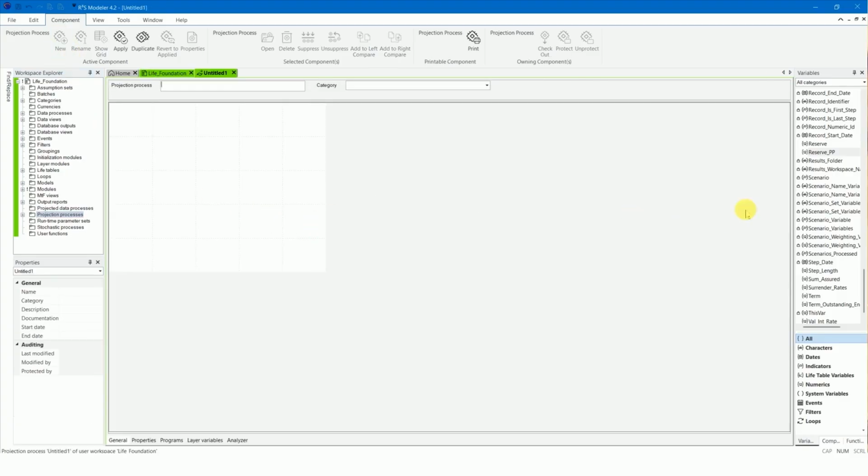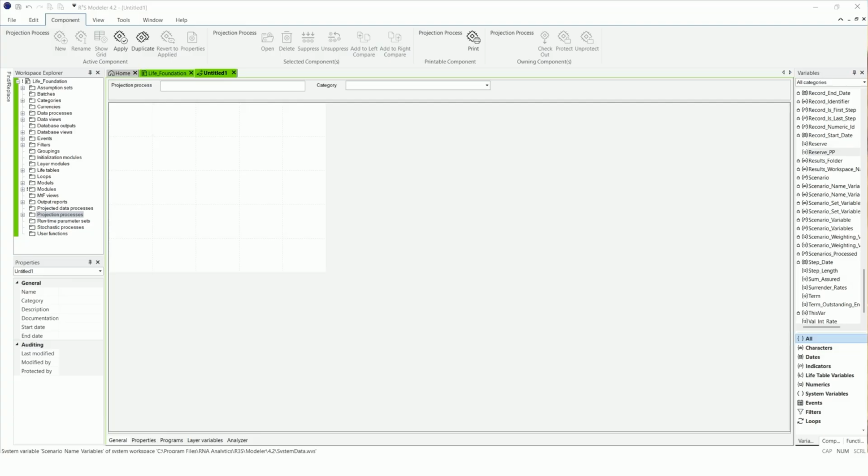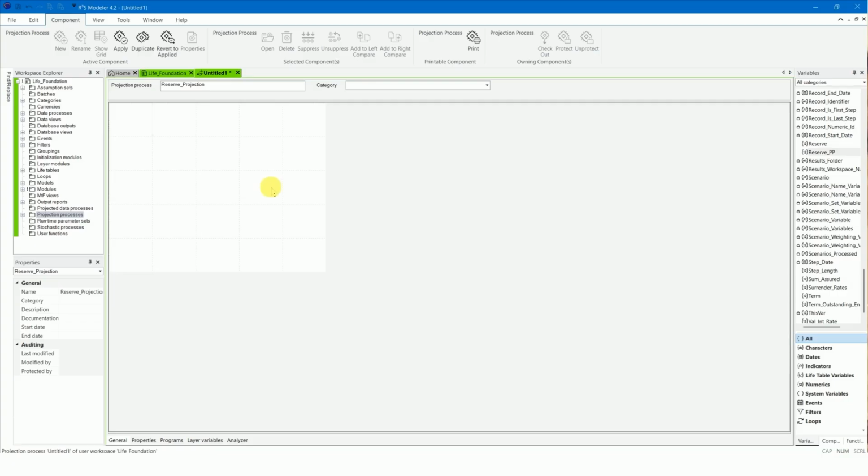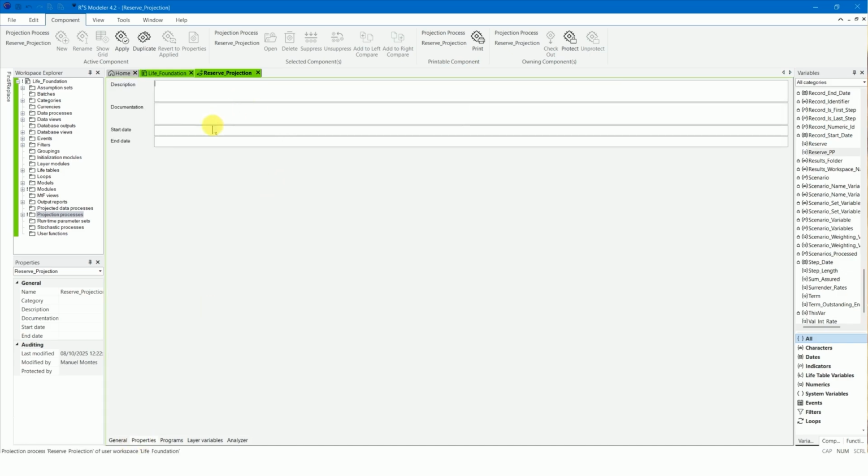Add a new projection process and call it Reserve Projection. Reserves will be calculated by projecting and discounting cash flows, so set the start date to portfolio date and leave the end date blank, as we will be using the model end date property to set the end date.